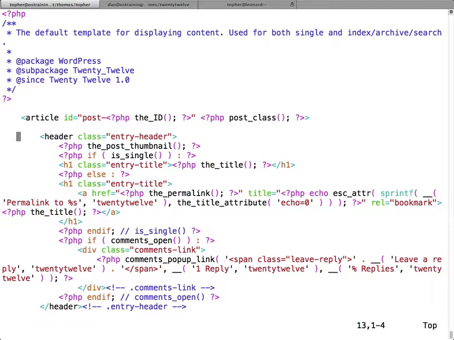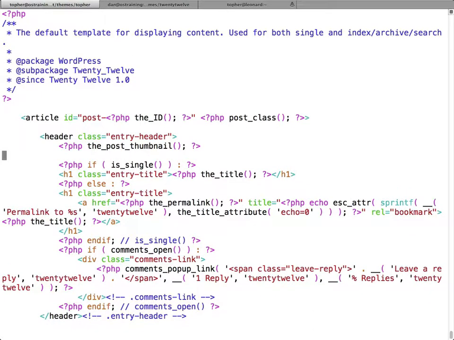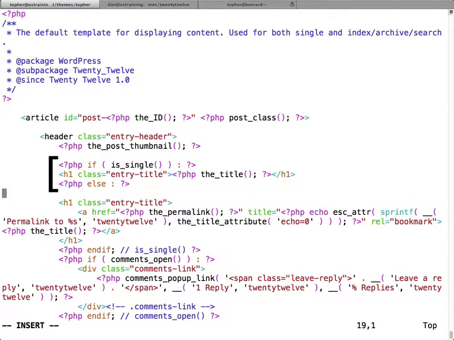So here's my header, class entry header. The first line here is it just has a function, the post thumbnail. What that does is go check to see if there's a featured image, and if there is, print it here. I'm going to move that someplace else later, but for now, I'm just going to leave it. Then there's the question of whether or not this is single. And since I'm making a loop for an archive page, it will never be single, so I'm just going to rip